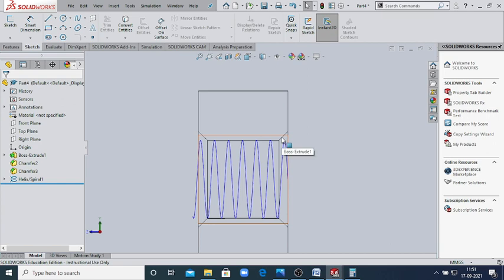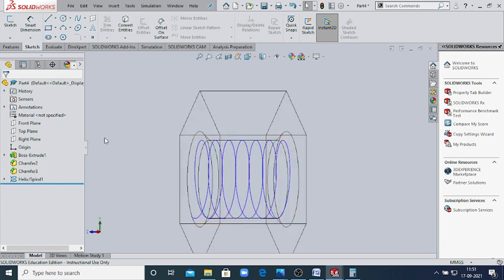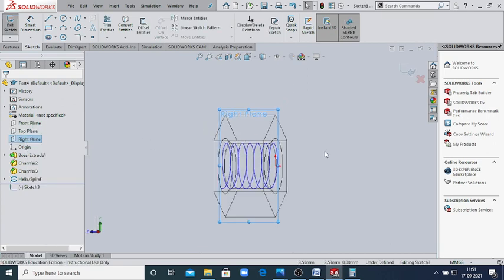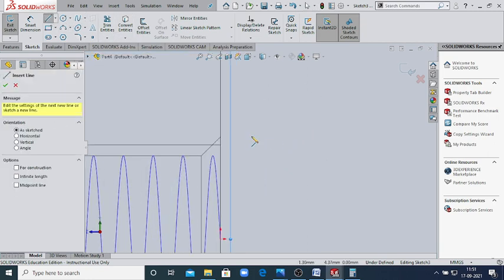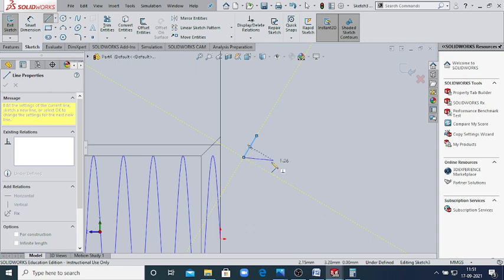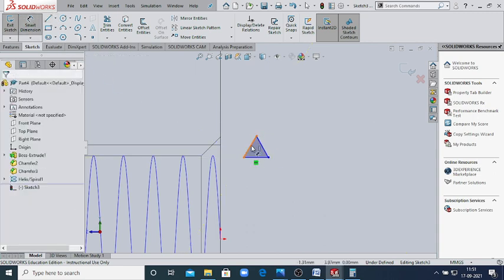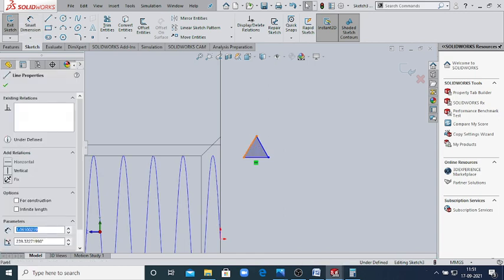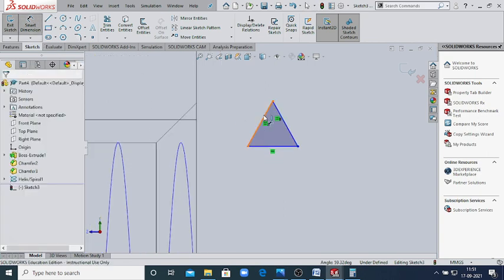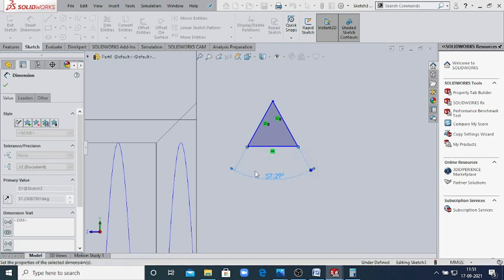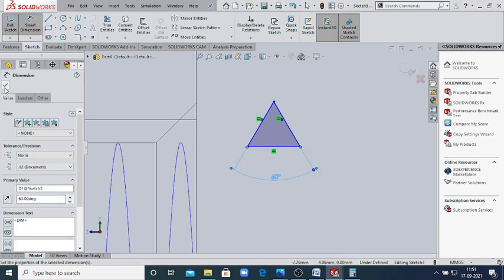So select the face, right plane, then start sketching, then make the triangle like this, then give the dimension. First of all, set both sides of this triangle equal, then set the angle to 60 degrees, then okay.